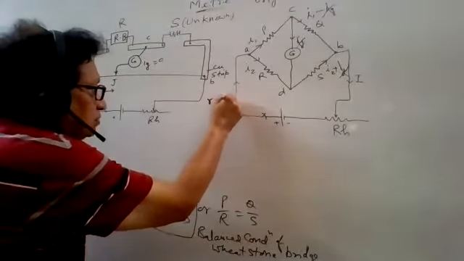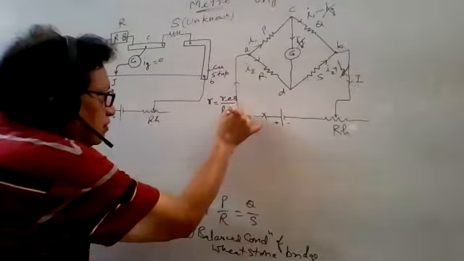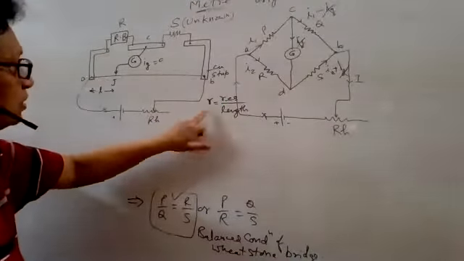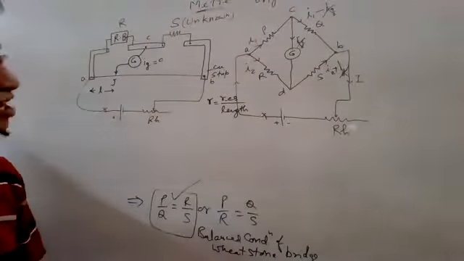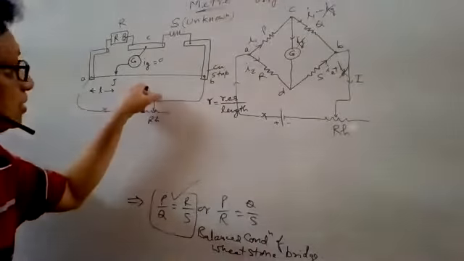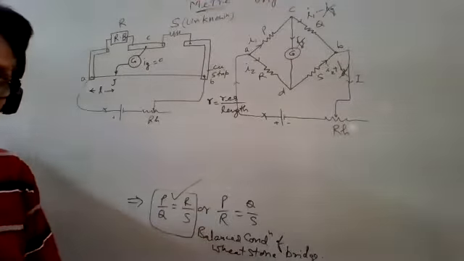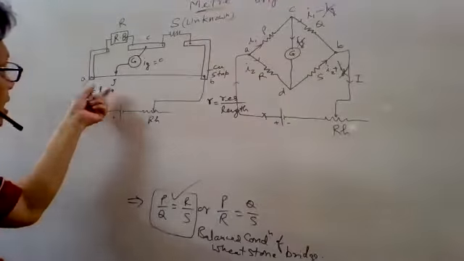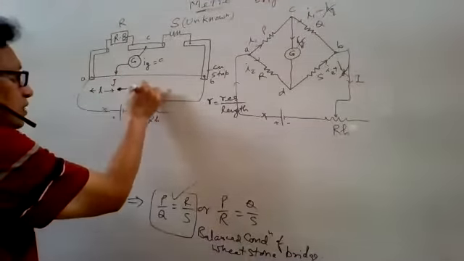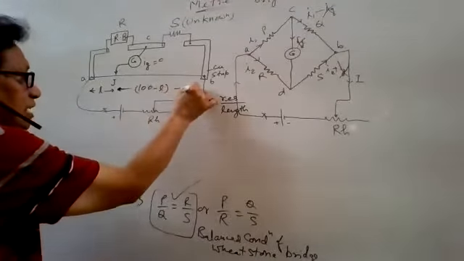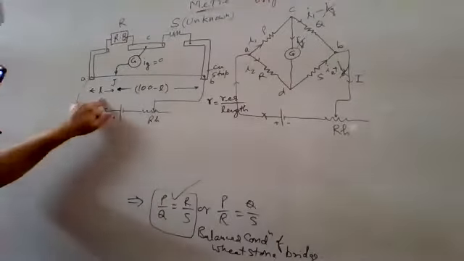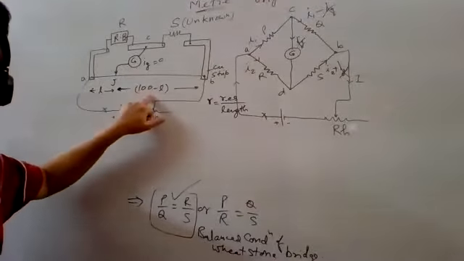Let r be the resistance per unit length of this AB wire. So total resistance is r per unit length into the length of AB. It means the total resistance of the AB wire is small r multiplied by 100, because the length here is 1 meter or 100 centimeter. So what should be the resistance of the AJ wire? It is simply r into L. And what is remaining here? 100 minus L, because total length is 100 centimeter. This is L centimeter, and this should be 100 minus L centimeter. The resistance of this is Lr and the resistance of this is (100 minus L) into r.